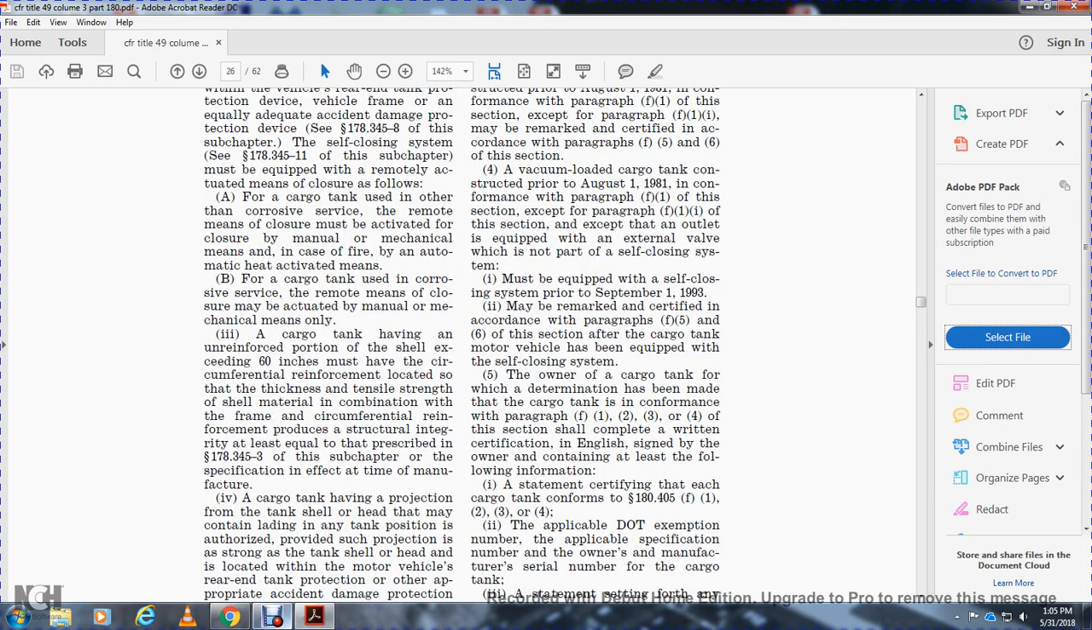A cargo tank having an unreinforced portion of the shell exceeding 60 inches must have circumferential reinforcement, with the thickness and tensile strength of the shell material combined with the frame and circumferential reinforcement providing structural integrity at least equal to that prescribed in 178.345-3 of the subchapter, with the specifications in effect